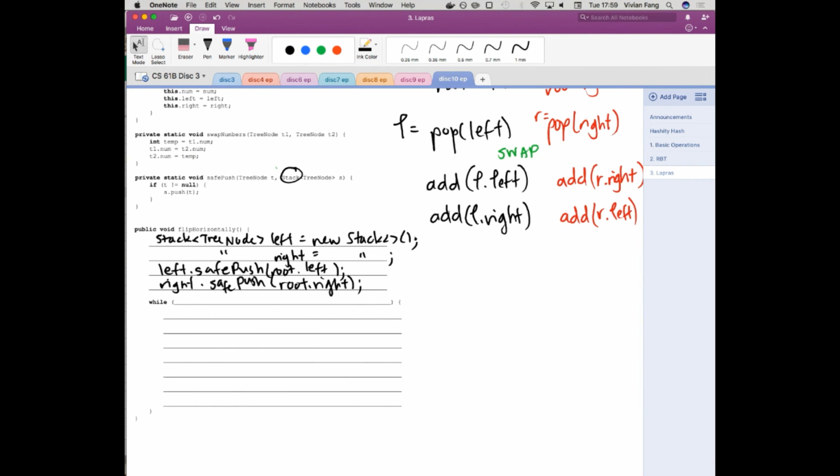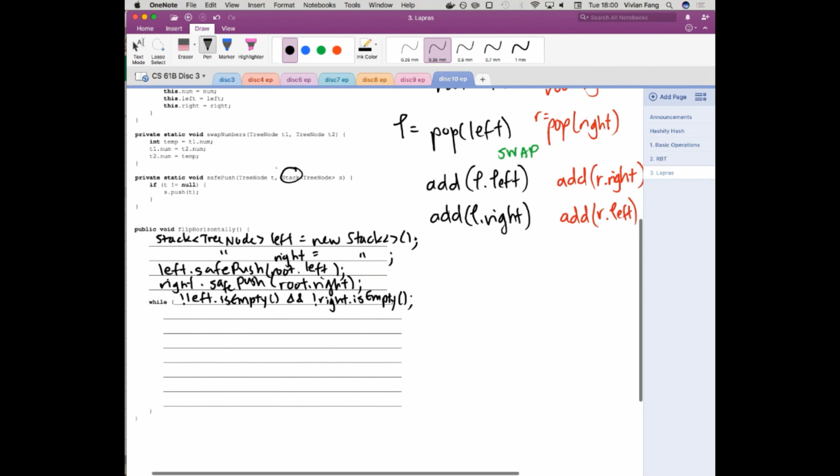So then what should be our termination condition? When will we know that there are no nodes left? Right, when our stacks are empty, right? So while not left.isEmpty and not right.isEmpty. Because our trees are symmetric, you only actually need to look at one stack, but I think this makes more sense logically.